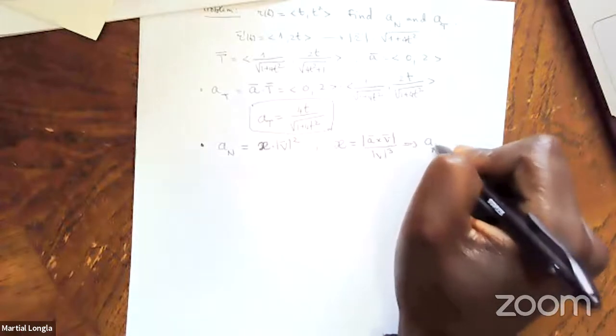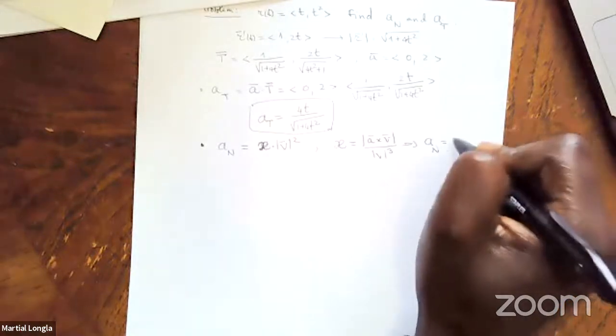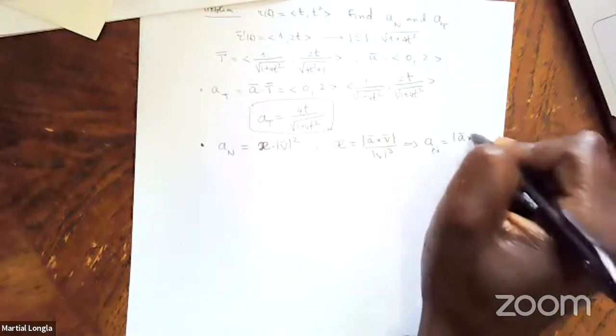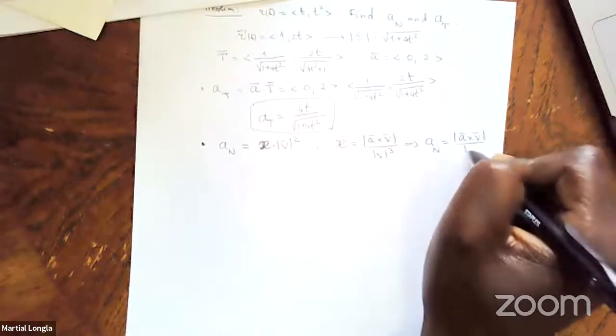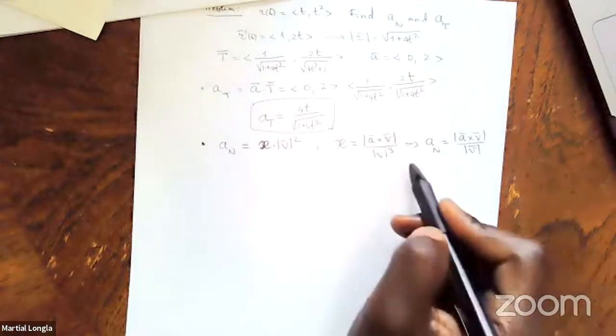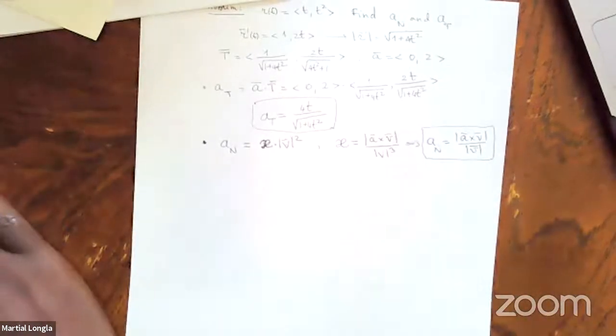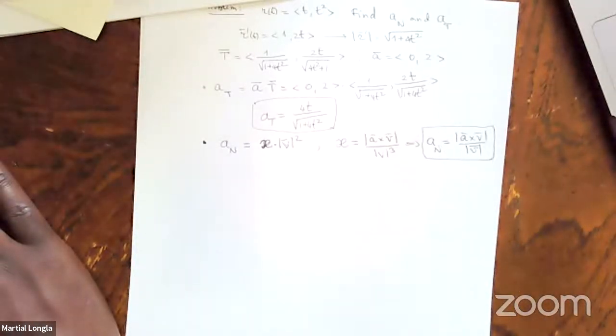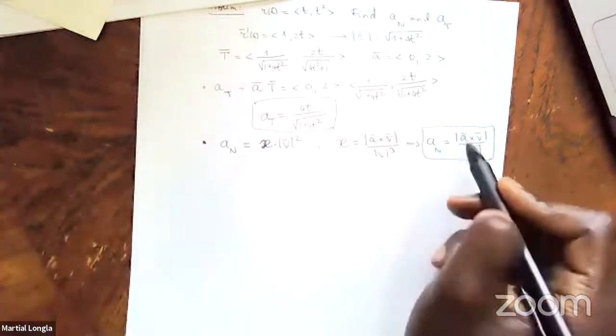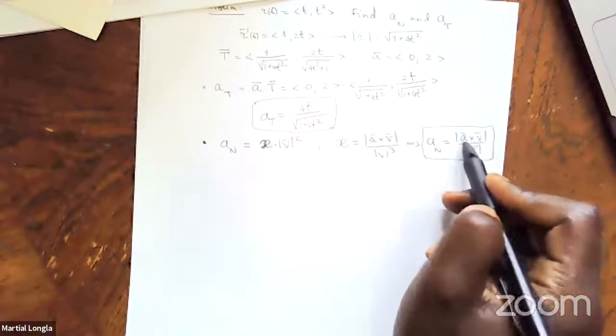And that implies that A_N is also the magnitude of A cross V over the magnitude of V, because we multiply by the magnitude of V squared. So you would have this alternative as well for the normal component of the acceleration, right? And that's easy to do. You have V, you have A,